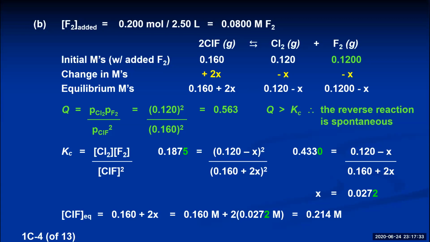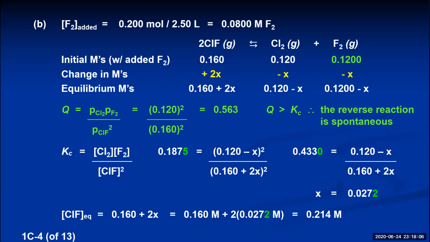Question number 3. Nitrogen reacts with oxygen to produce nitrogen monoxide by the reaction N2 plus O2 is in equilibrium with 2NO. The Kc for this reaction at 150 degrees Celsius is 15.0. A flask at 150 degrees Celsius is initially charged with enough nitrogen to make its concentration 0.400 molar. Calculate the concentration of oxygen gas that must initially be in the flask to make the equilibrium concentration of nitrogen